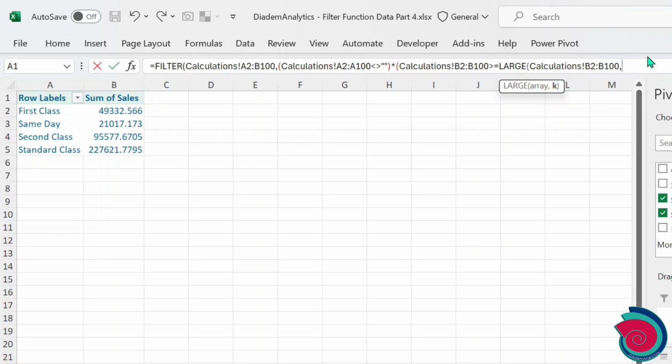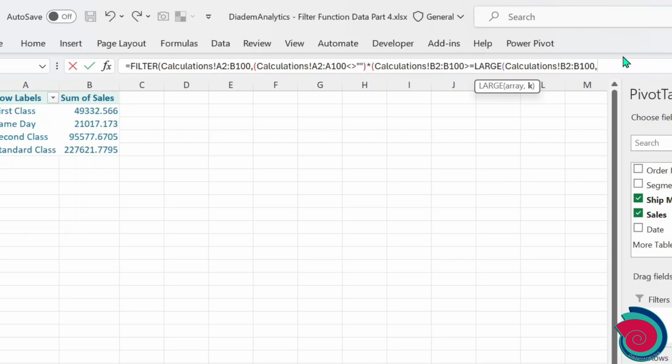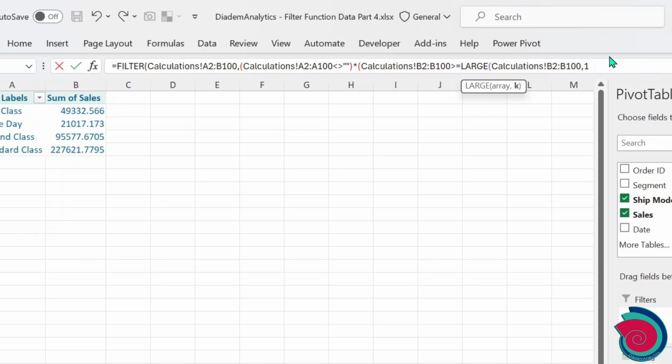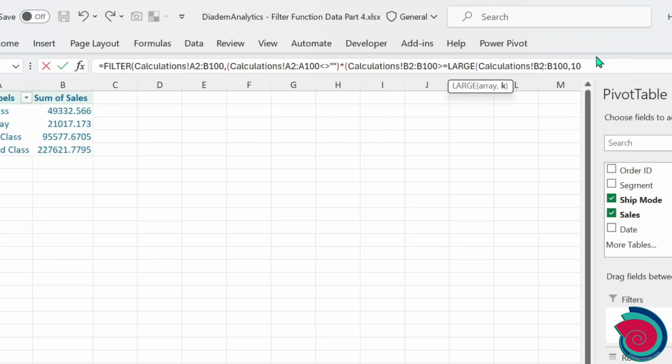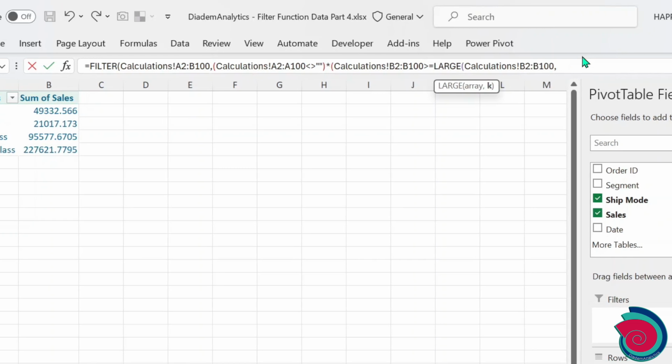That is the top 2, top 3, whatever value you want, you just have to put it here. So if we need the top 10, we can just put in 10 there. If we need the top 2, as in this case, we can just go ahead and have the top 2. And we close the LARGE function and then close the second condition,